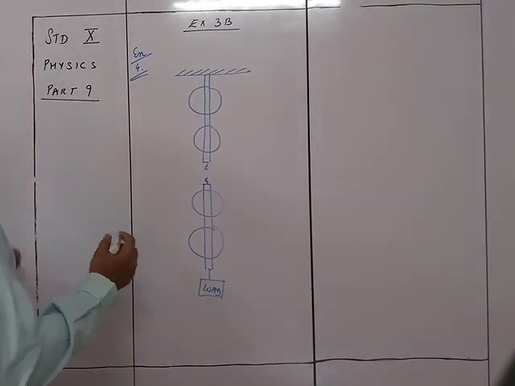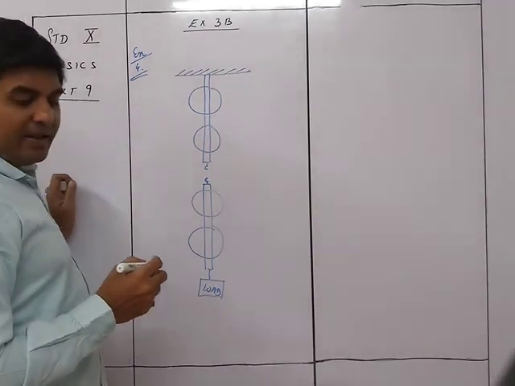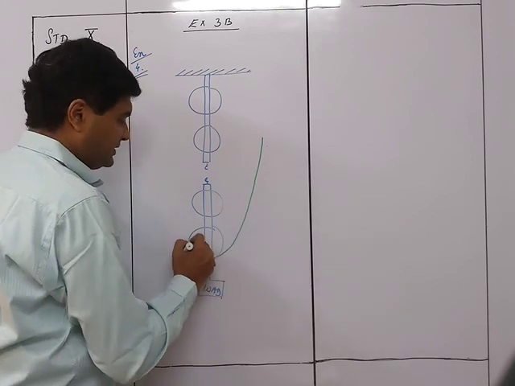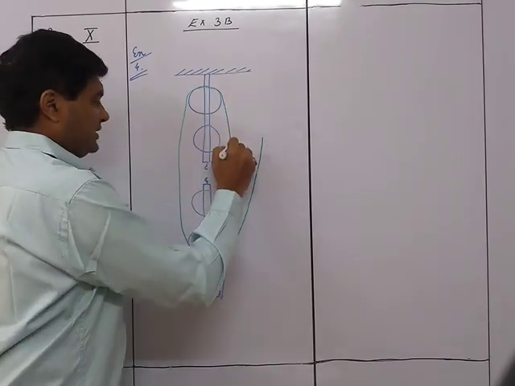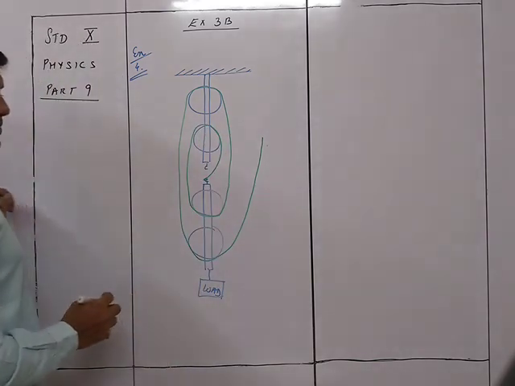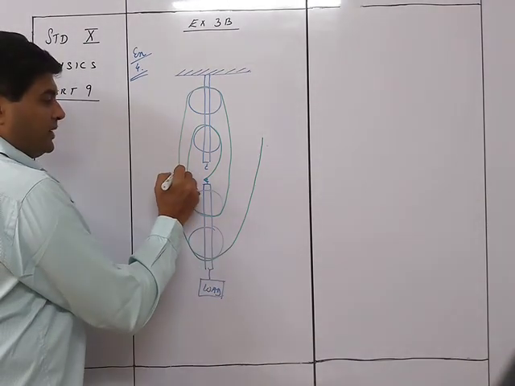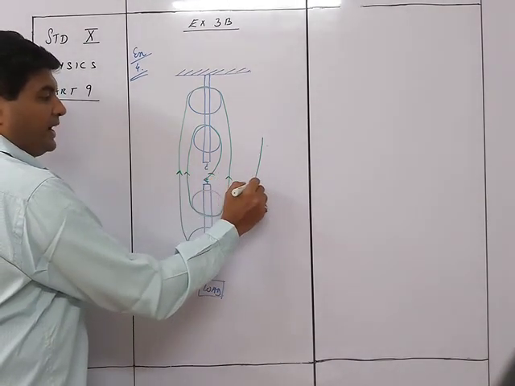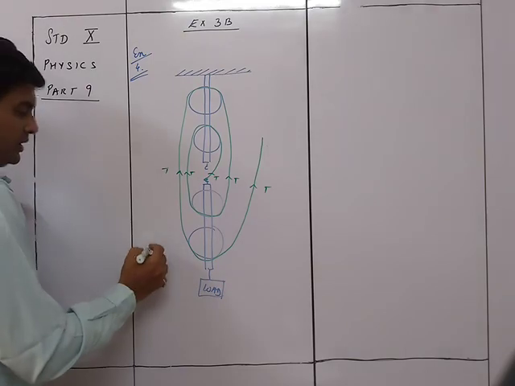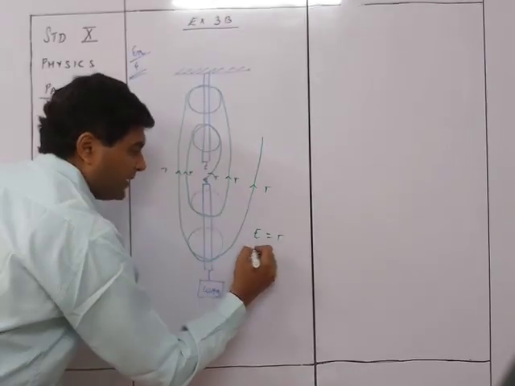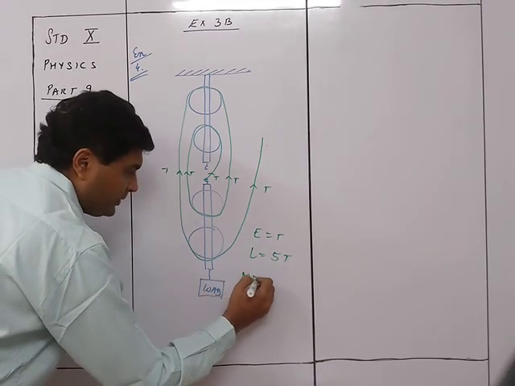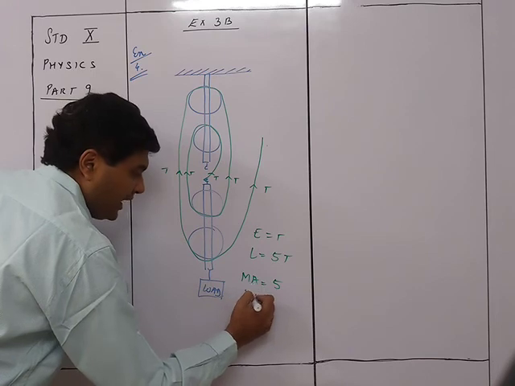Now we need to put the tackle, and the tackle is placed in a way that it is going to be upward. So we connect like this, then connect like this, then goes here, and connects here. Accordingly you can see the distribution will be 1, 2, 3, 4 and 5. All these are the distribution of the load. Hence over here E is equal to T, but L is equal to 5T. That is why the MA is equal to 5 and VR is equal to 5.